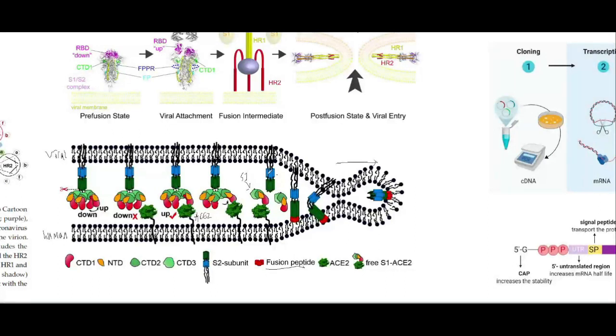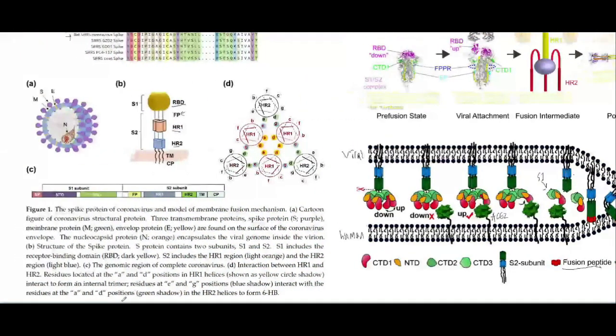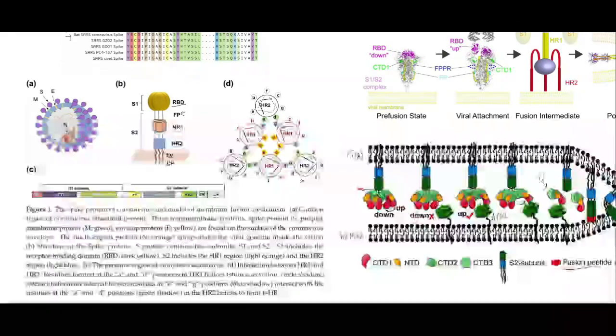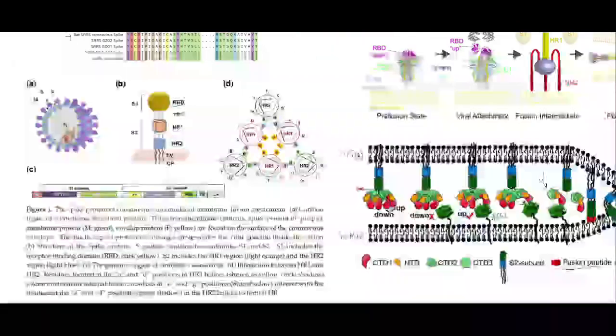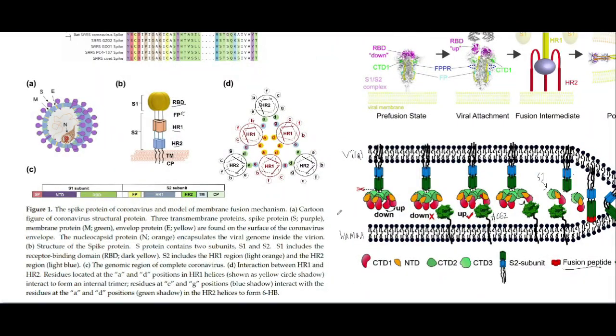That's what we see happening here, where this is in the sort of pre-fusion conformation. Then we see it stretching out with our fusion peptides, grabbing onto the cell membrane and sort of squeezing these together so that the virion can enter the human cell. And so the spike protein is the target of the